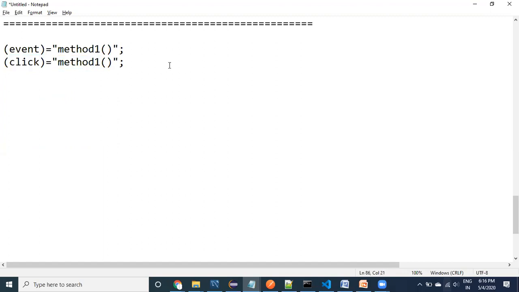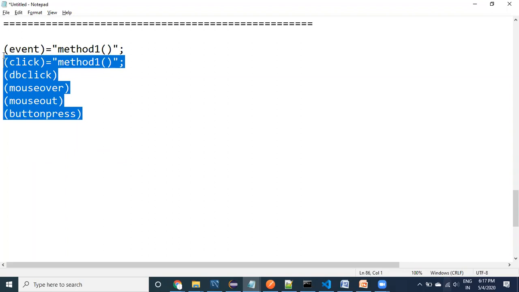And what are the different events there? dblclick means double click, or you can use mouseover, mouseout, or button press. All these are called events.